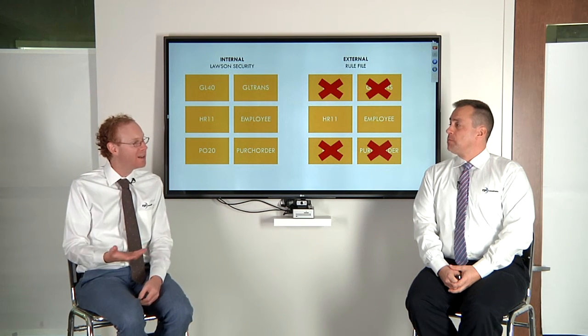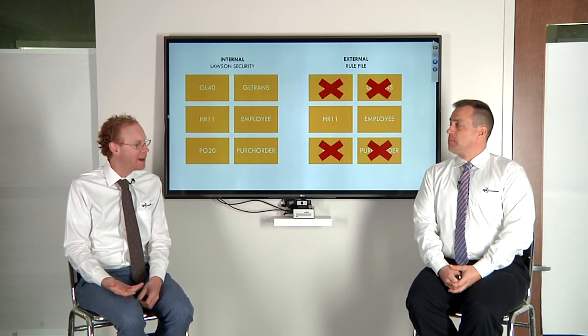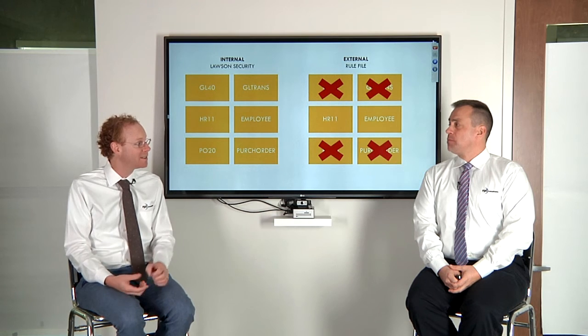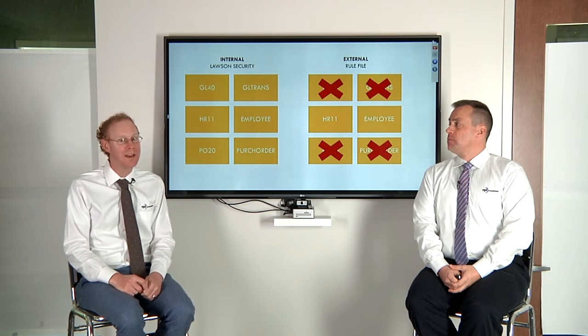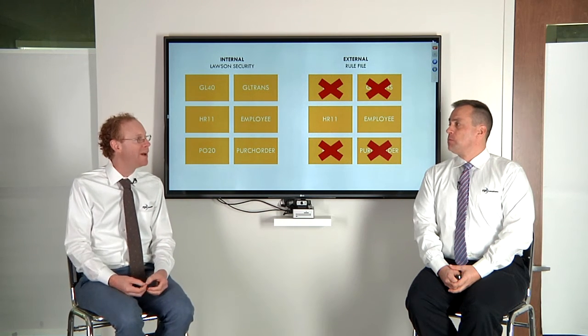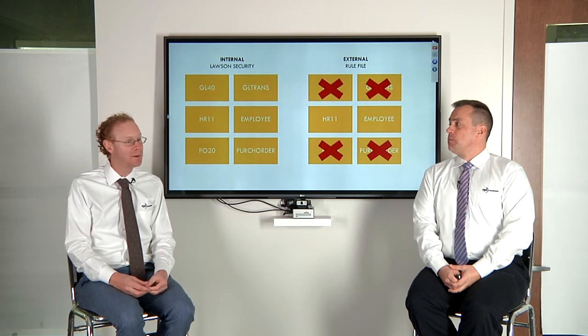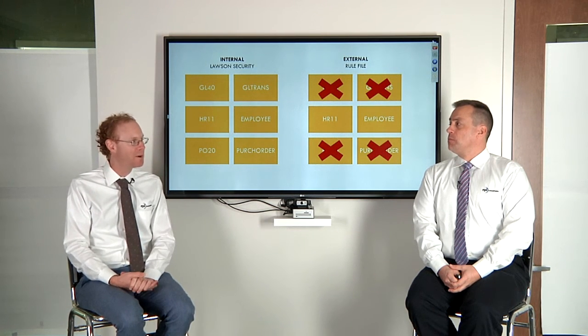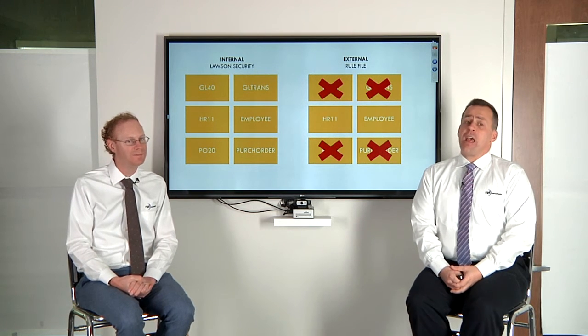I can log in to ESS as that user, but even though our finance director has full access to the GL while in the office, this rule set will prevent access to those tables and tokens when I access Lawson from the external endpoint. That's right, and that comes in